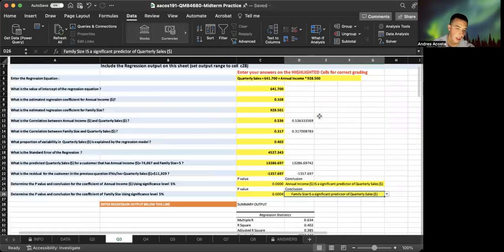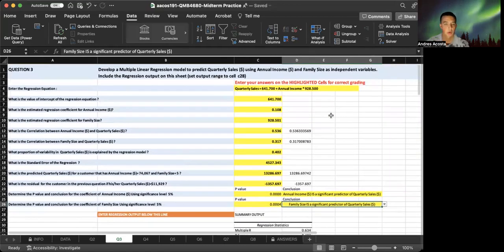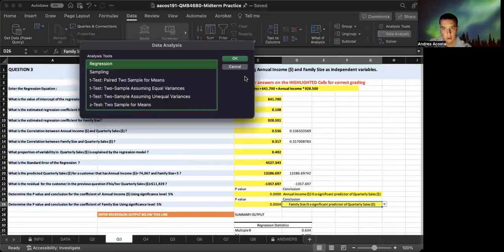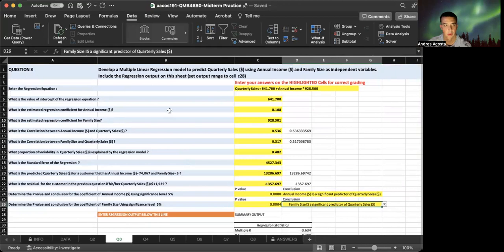All right, so this is basically how you're able to create a regression model with our data analysis tool. So hopefully that helps you out, guys. No problem. And now going to question number 4. Okay, I don't really, and we would